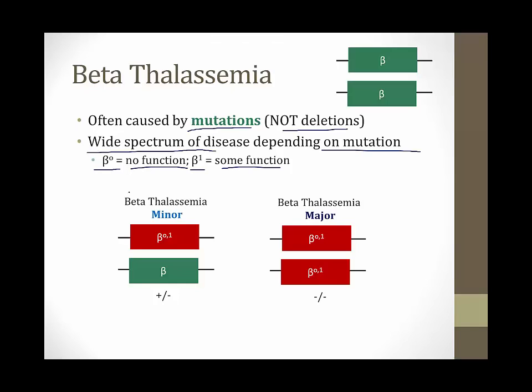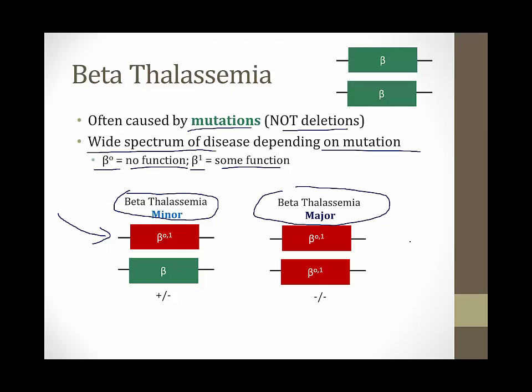People also often talk about beta thalassemia minor. This is when the patient has one mutated beta globin gene. This can range in severity depending on the specific mutation. They will say beta thalassemia major when both genes are mutated in a way that leads to a significant reduction